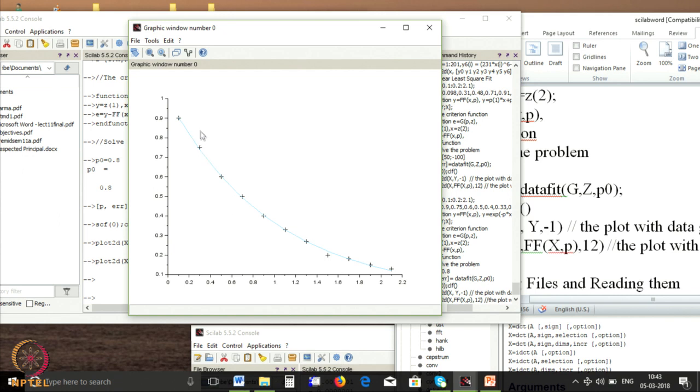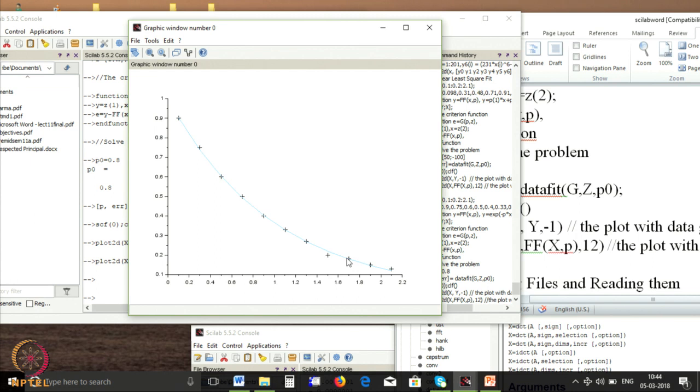The plus signs were my original data. I had purposely given a set of decreasing data points. I fitted an exponential. So, you see it is beautifully fitting through those plus points. So, this is my exponential fit. There was no constant added, just it was e to the minus p x.